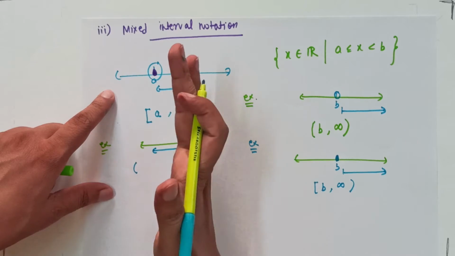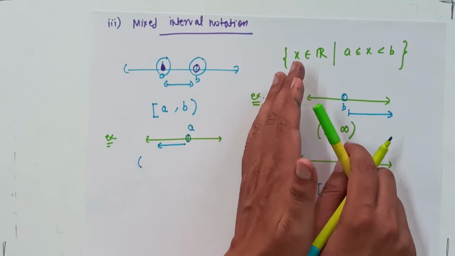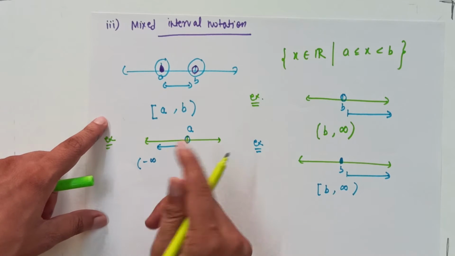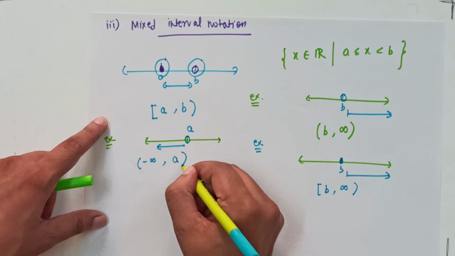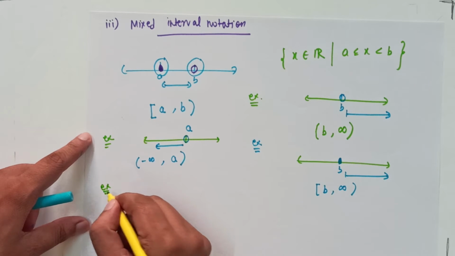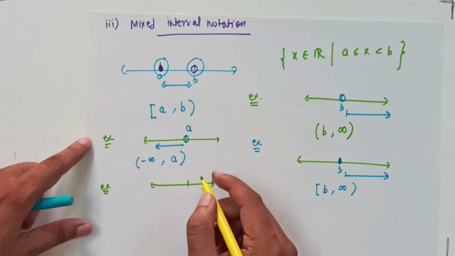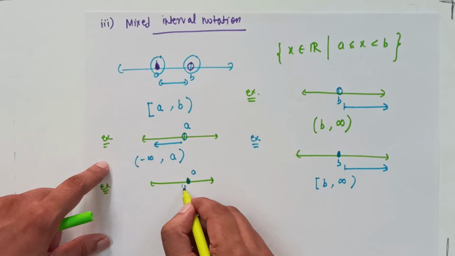I am basically approaching this side, but I have to actually write coming from the right side of the number line. So I will write minus infinity. I have to exclude minus infinity because that's also not a number, and then A, and also exclude A because we are excluding A in our example. Now suppose instead of excluding A, I include A. So I have to encircle this, and I am again going towards minus infinity.